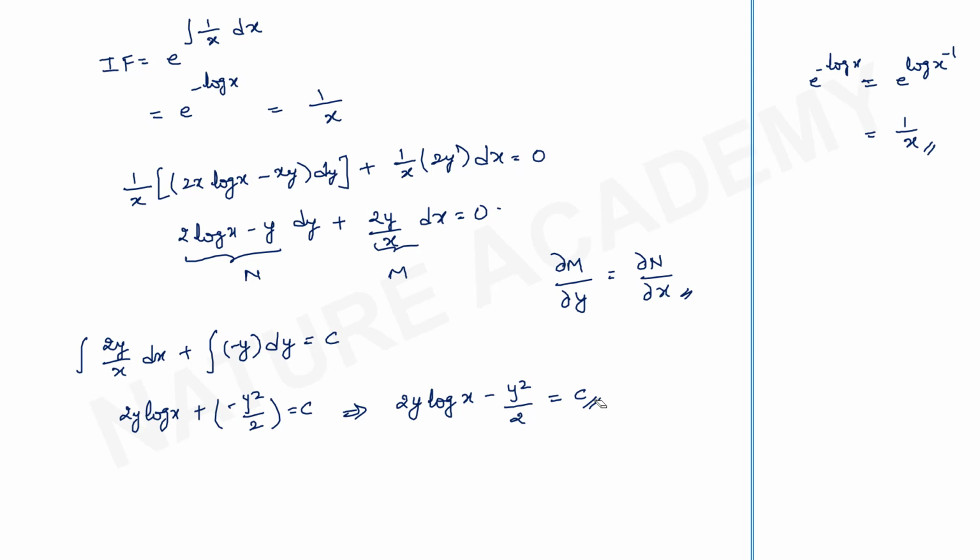In the same way, you can solve for b also. If the integrating factor is equal to e raised to integral f of y dy, that means when you do this 1 upon m into dou n by dou x minus dou m by dou y, your function will consist only variable y. Then you have to take integrating factor as e raised to integral f of y into dy, multiply it with the given equation, then you check for dou m by dou y is equal to dou n by dou x and proceed with this procedure again to find the general solution of the differential equation.